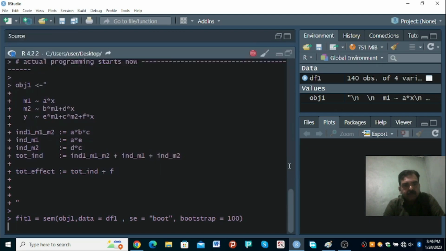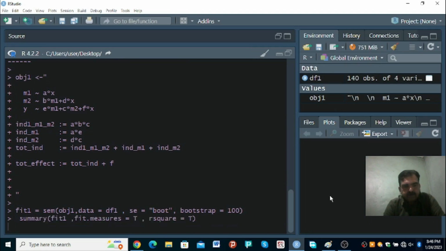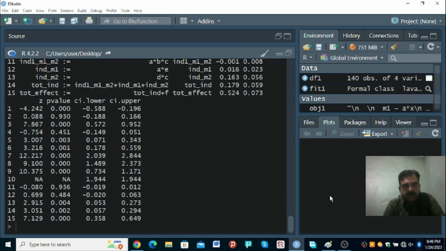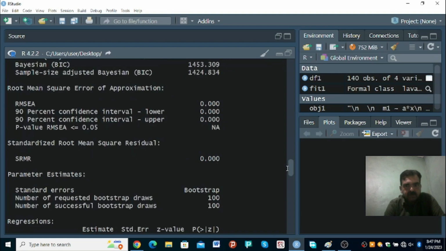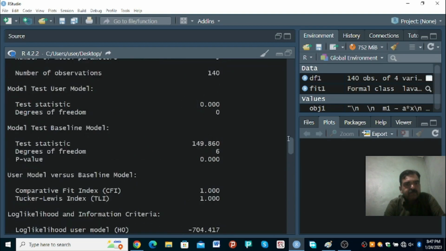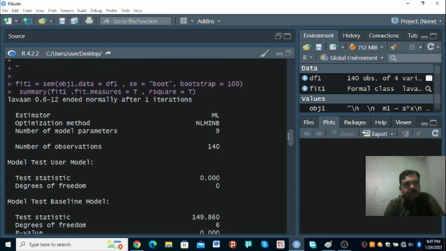Let me increase the size. So everything has come, summary and everything. So let us see the summary once, what it says. So what is the method? It is